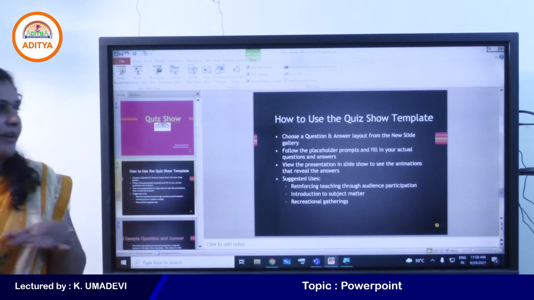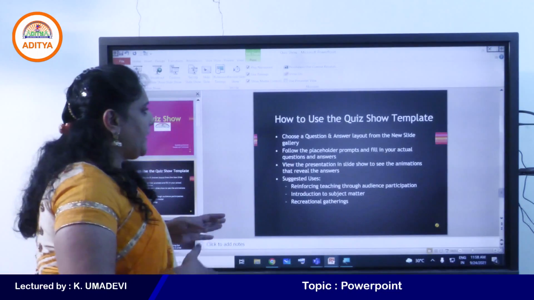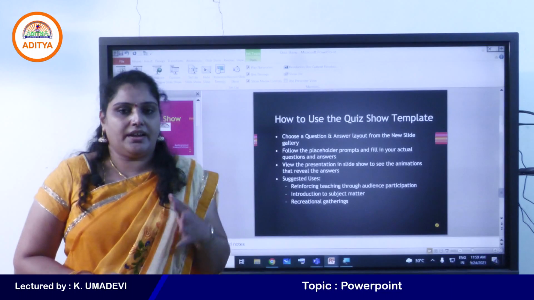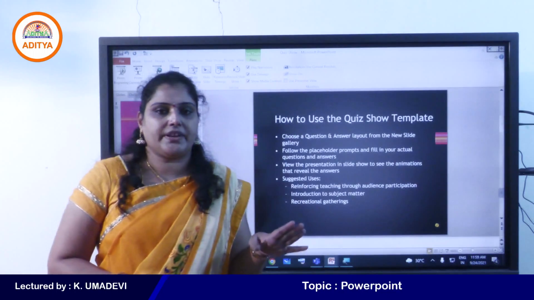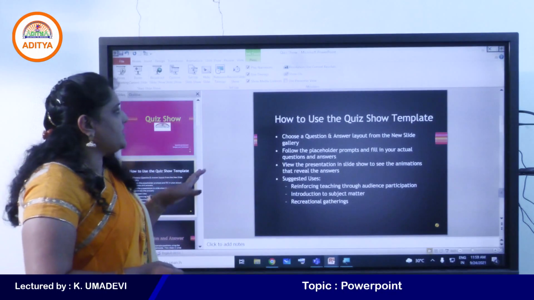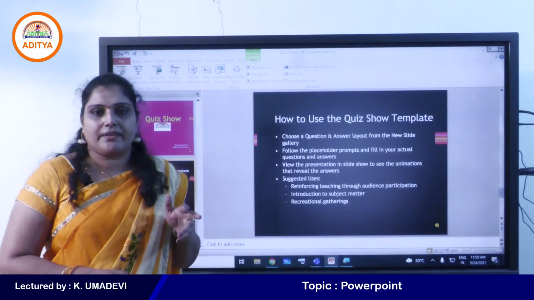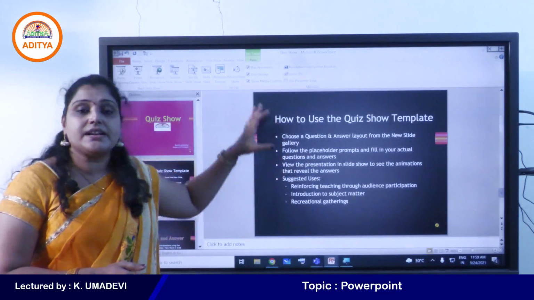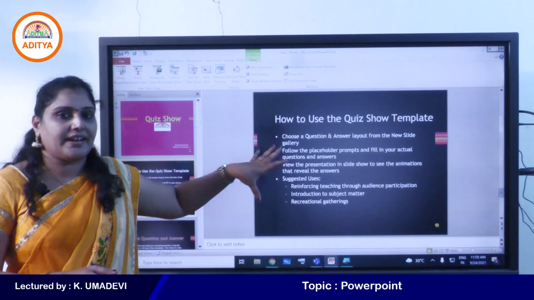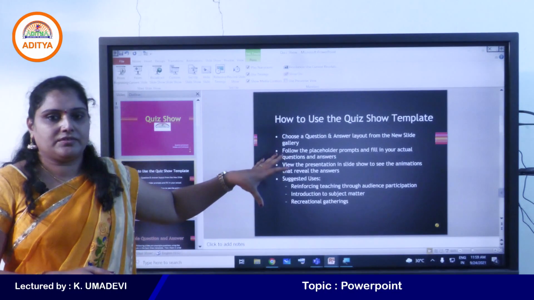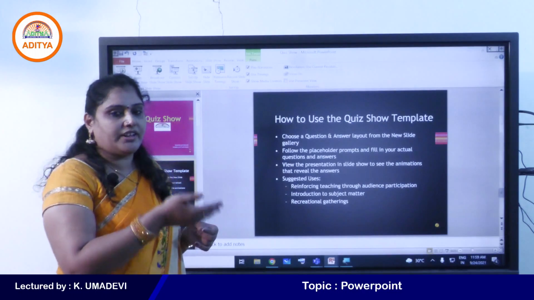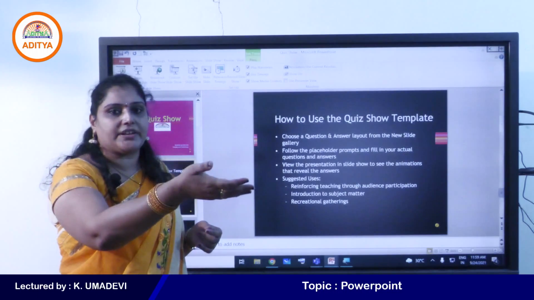Okay, students, try to apply all the effects and try to apply the timings. That means use timings in between the slides and try to apply all the animation effects. If you apply any one of the effects, it automatically shows the preview of the selected effect. That is the advantage of PowerPoint. If you do not want that effect, simply change it by applying another effect.